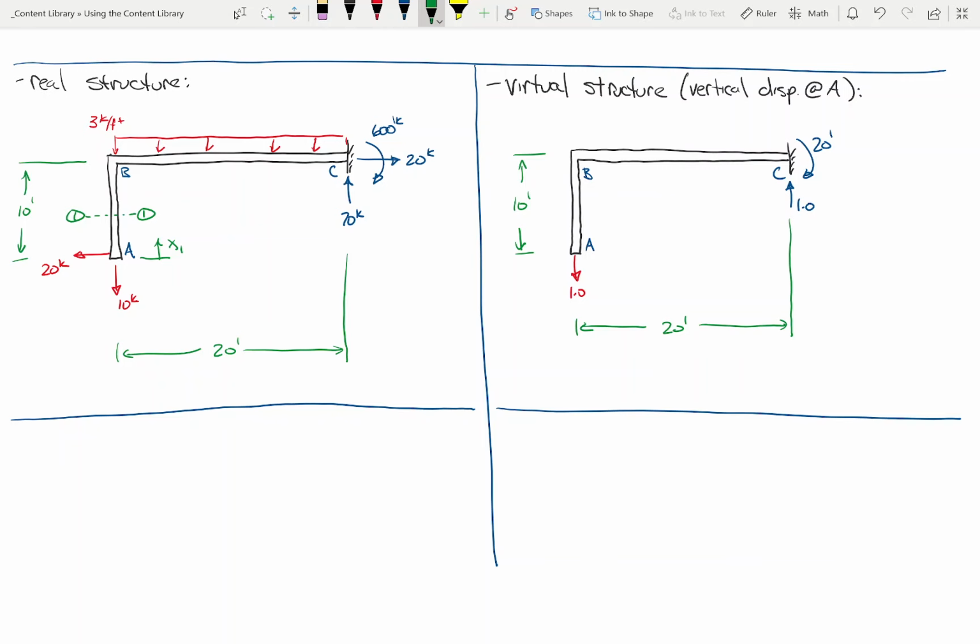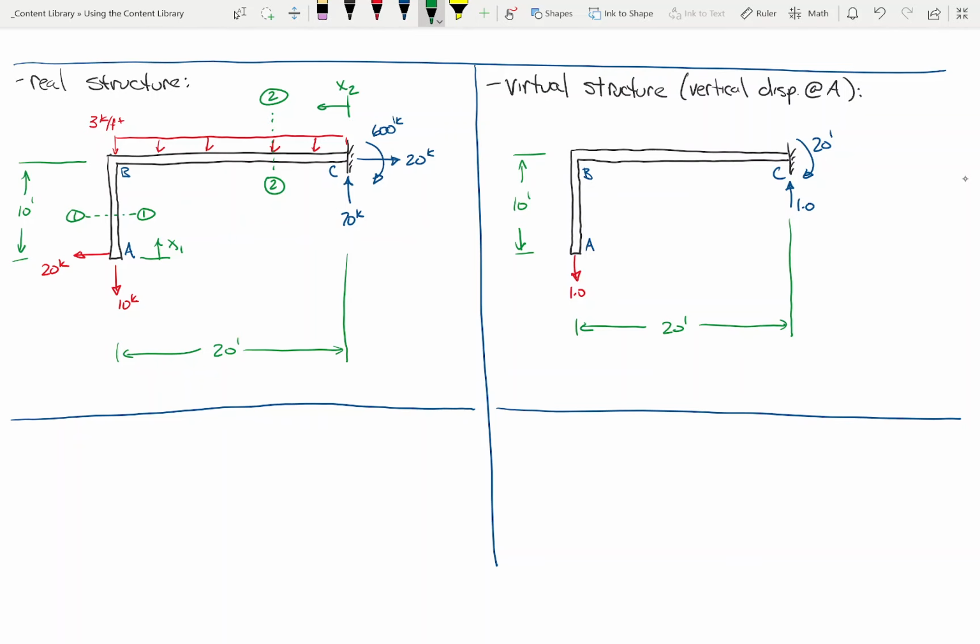right? It doesn't matter if the axis goes left, right, up, or down. We'll just say that we're integrating from A to B, so from x1 equals 0 to x1 equals 10. And for this fixed end, I don't really think this is going to work very well. I'd love to be able to use the free end, but I think this is going to be complicated. So I think the only way we're going to be able to do this, unfortunately, is to just go like that, and so we'll have another section cut, maybe something like this. I know that sucks, but I don't really think we can get around it.